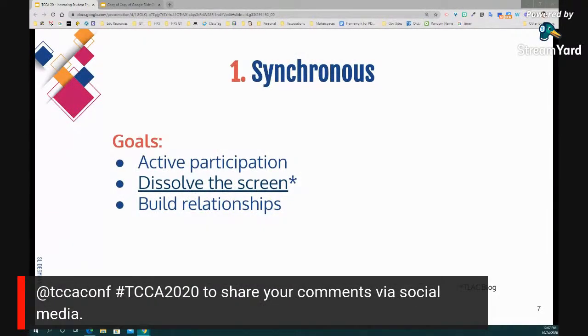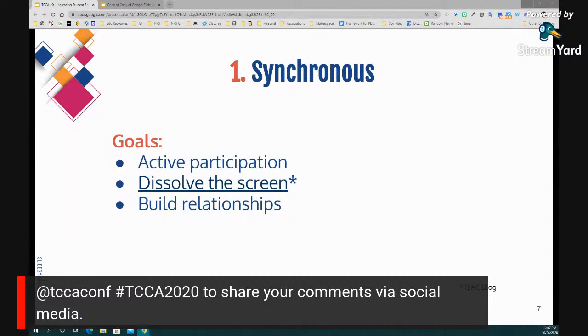So when we're looking at a synchronous world, how do you want to build that engagement and participation? When you're in this setting, whether you're live face to face or doing a live Zoom session, you want to make sure that you have active participation.